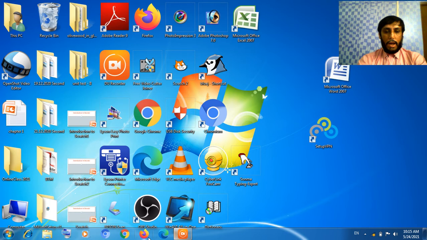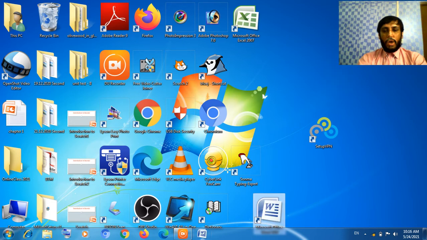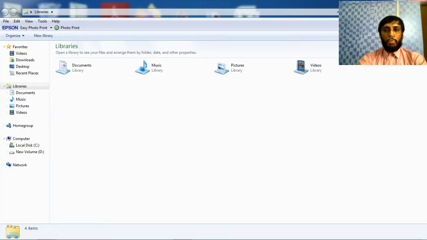So the taskbar basically gives you a facility where you can access your files and applications in a much faster way. Here, if you want to open your folders or files, by clicking on it you'll get all the drives of your computer and can search and find whatever you want.